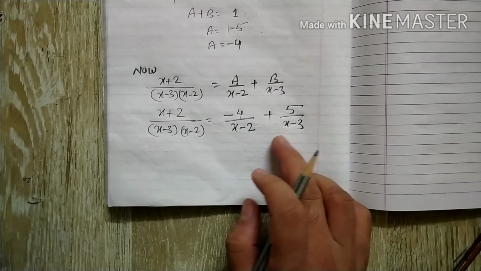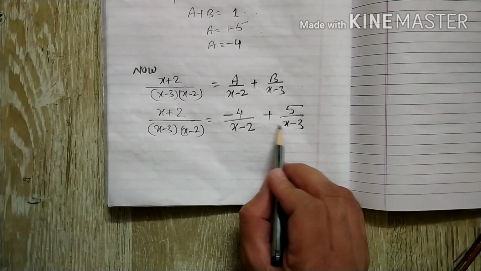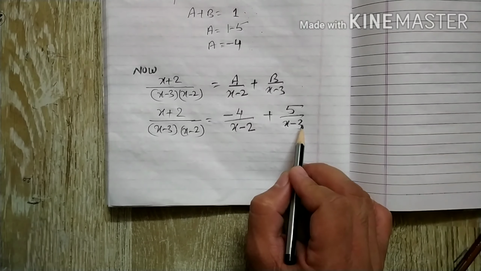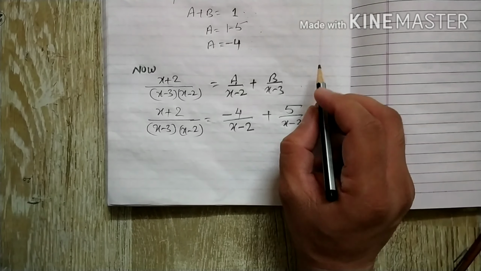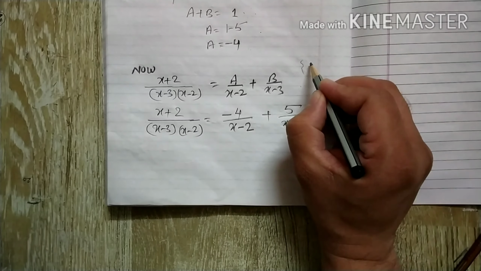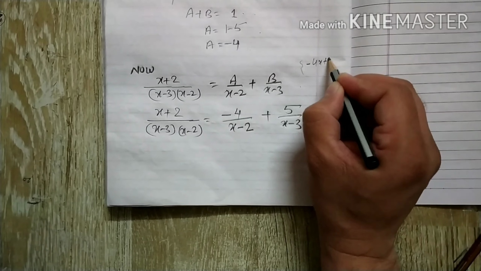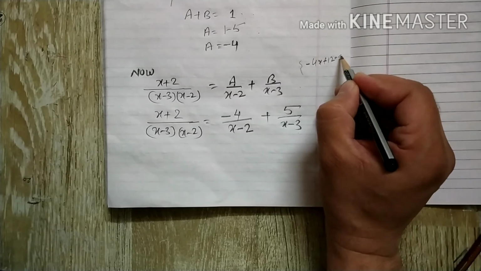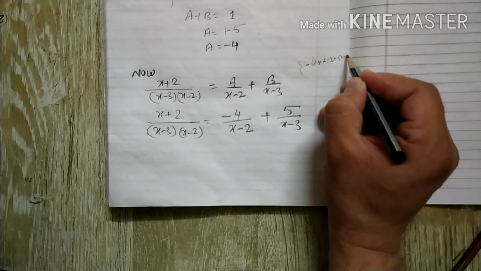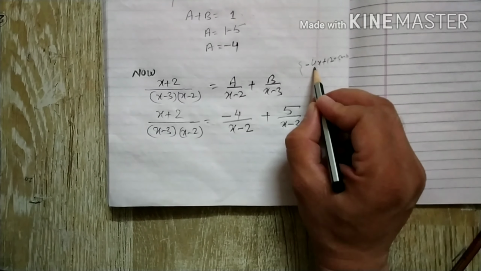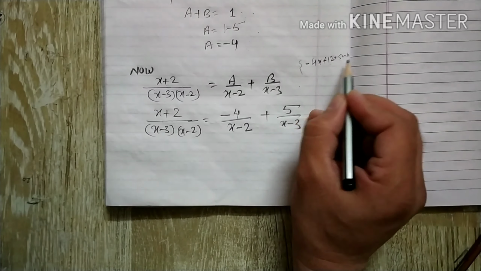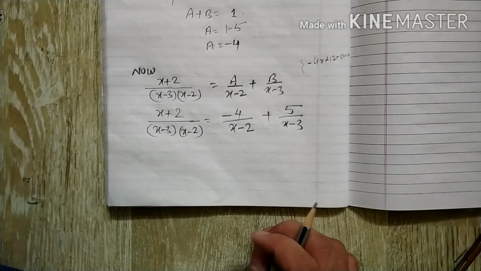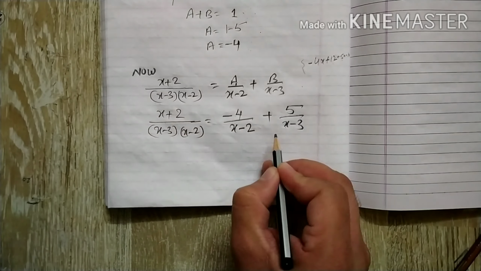You can cross check. When you multiply x by minus 4, minus 4x and plus 12 will come. I'm writing it over here. So minus 4x and plus 12, and 5x and 5 times 2 is 10. 5x minus 4x, so x will come, and 12 minus 10, 2 will come. I hope you understood, and the same thing will be there. So we resolved this rational fraction into partial fractions.